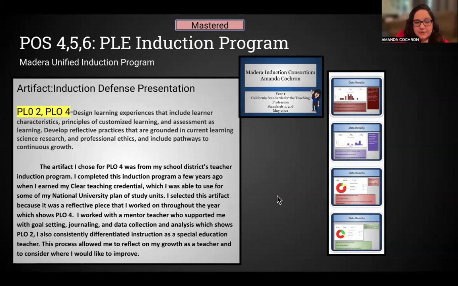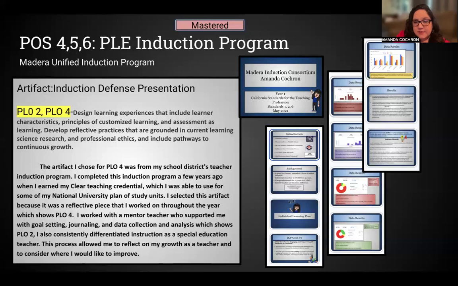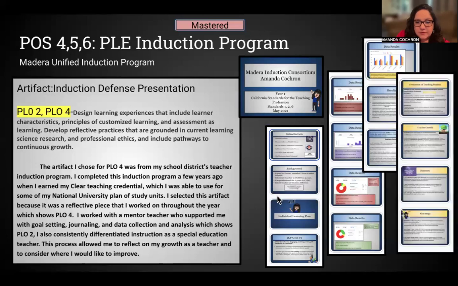I worked with a mentor teacher who supported me with goal setting, journaling, data collection, and analysis, which shows PLO2. I also consistently differentiated instruction as a special education teacher, so it satisfies PLO2 and allowed me to reflect on my growth as a teacher and consider where I would like to improve. I was able to look at assessment results for my students, focus on teacher growth, and then set goals and where I wanted to be in the next few years.